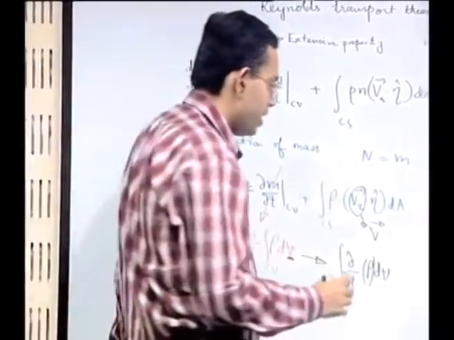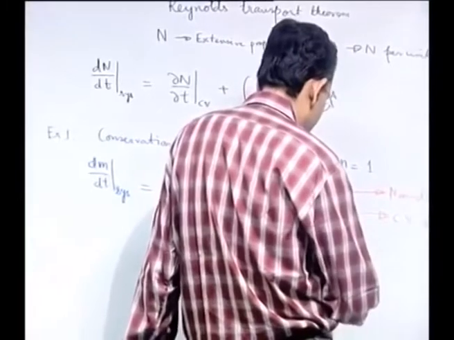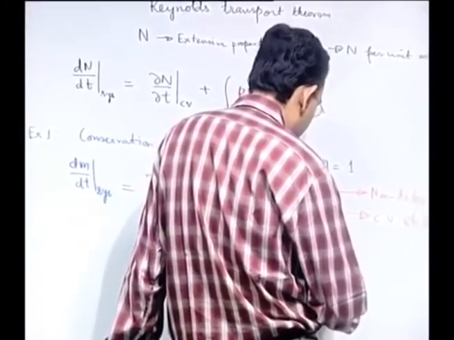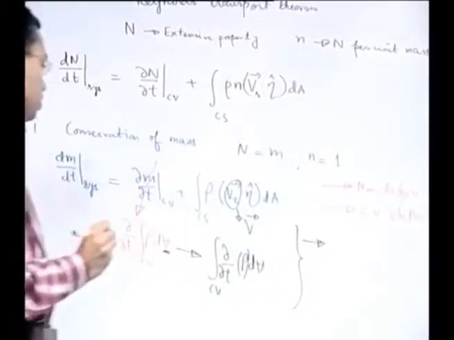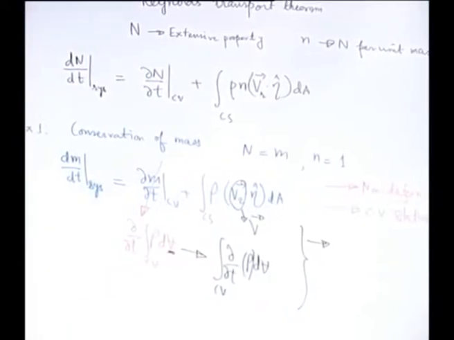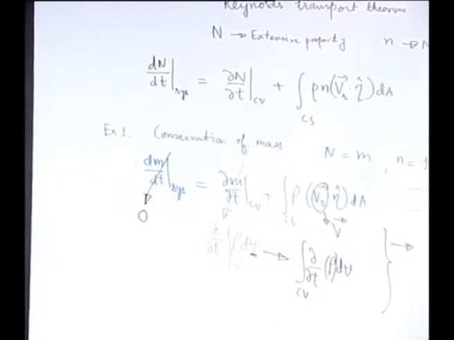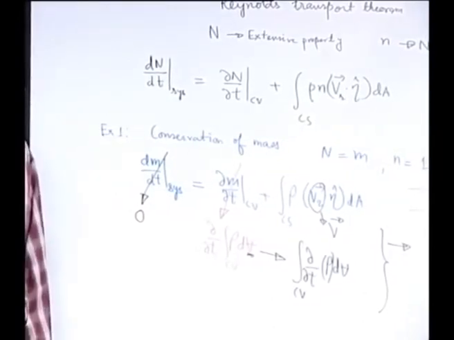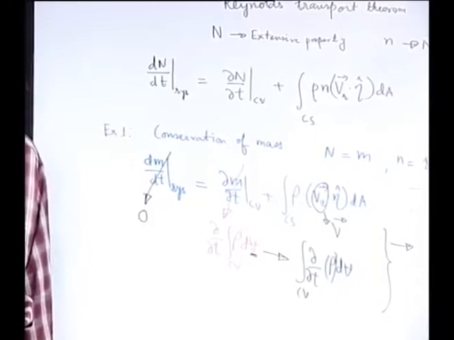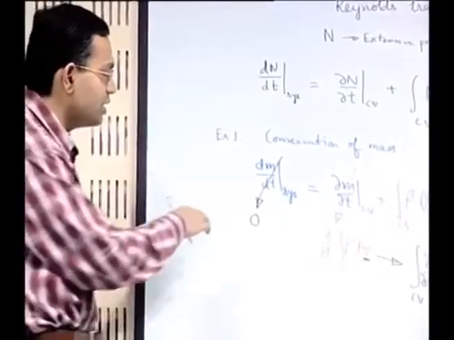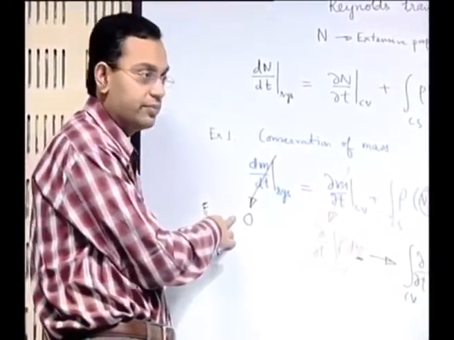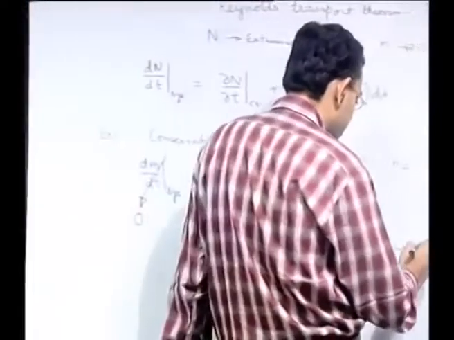So keeping these two considerations, one can simplify this equation with a very important consideration that the left hand side is 0, because by definition system is something of fixed mass. So mass of a system does not change with time, therefore this is 0 by definition of a system. So you have 0